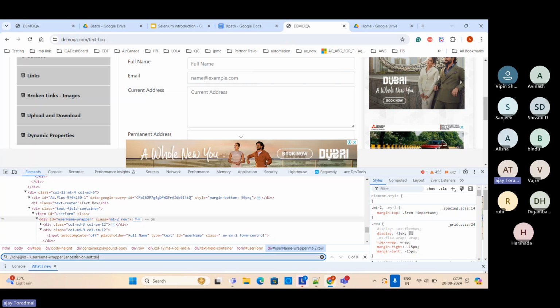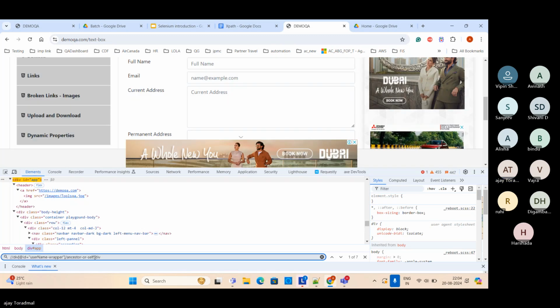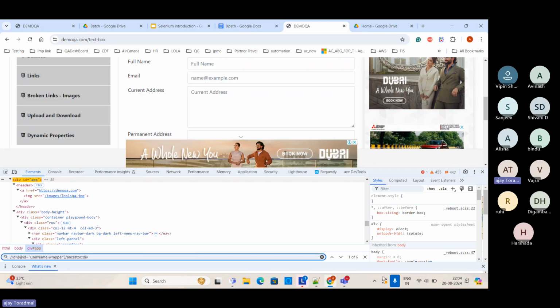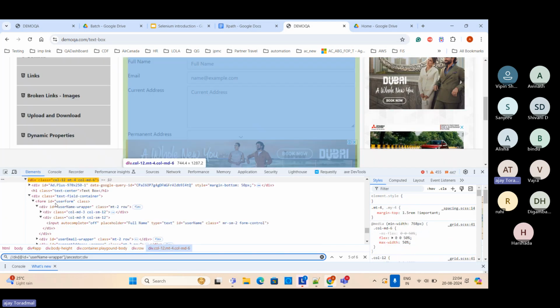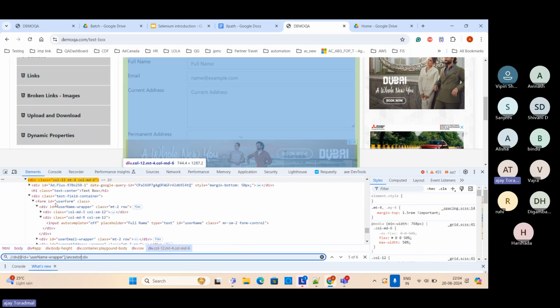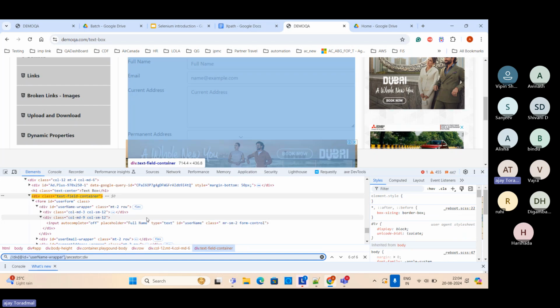So if I write like this, ancestor due, it's saying the count 6. Why? Because it's considering all the parents and grandparents, not considering the self. Self means what? The element on which I currently am. Currently, I am on this wrapper. So if I go here,